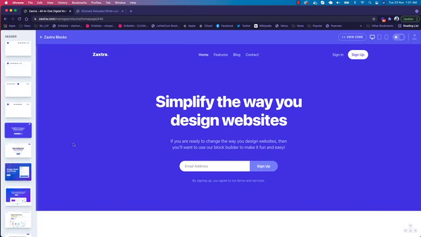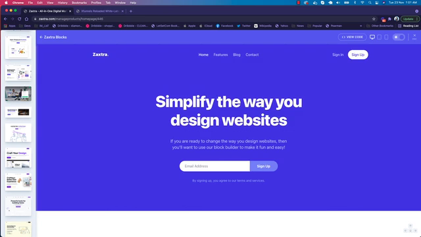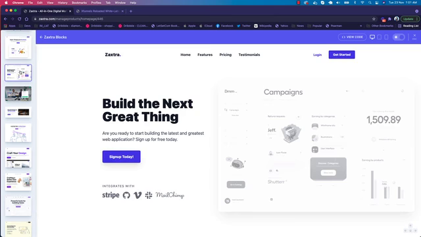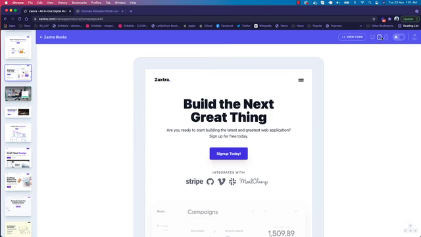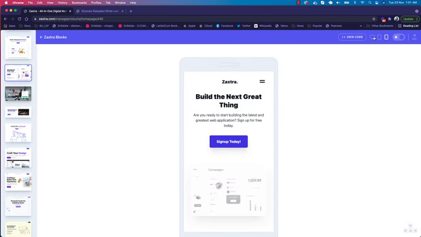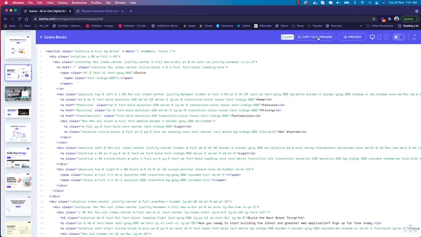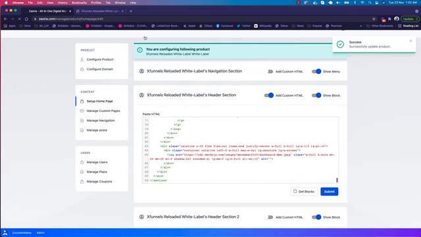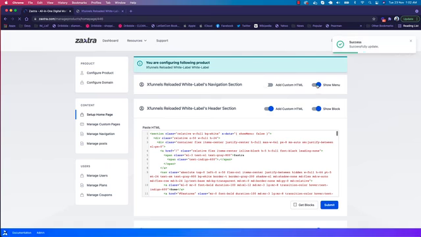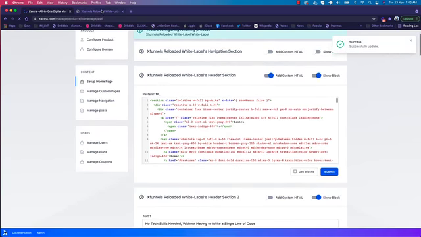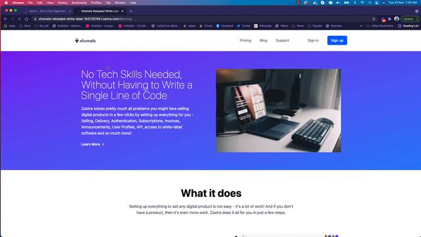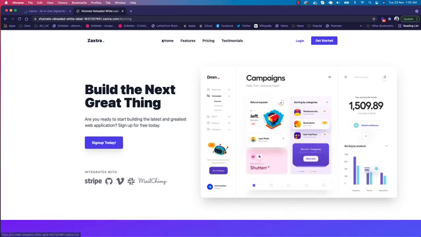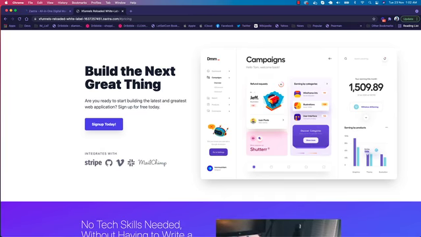So if we want to go with this, or we want to go with some other blocks in this section, let's say let's go with this block. So this is going to look like this on iPad and on phone, and we click on copy to clipboard, and we just paste the code here and click on submit. Now when we come back to the main page here and refresh this page, it is changed now. You see it has different links, different design altogether.